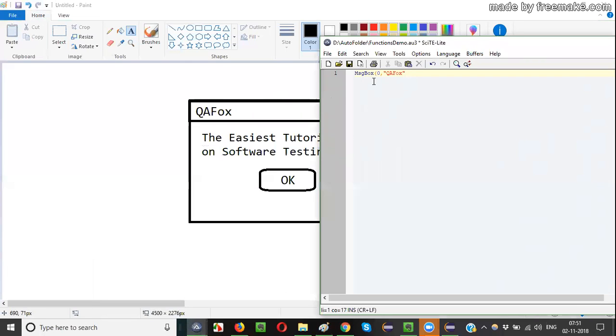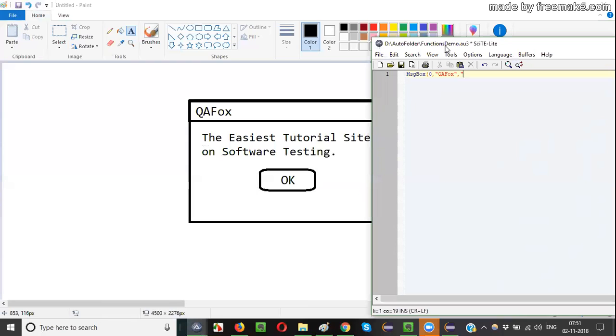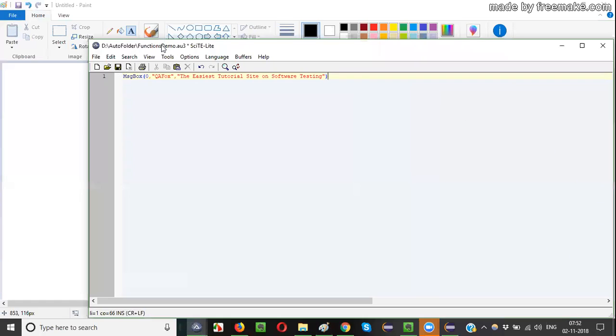So I gave the title as QFox, comma. I need to give the text message that I want to display on the dialog. So for that, I will say double quote, the easiest tutorial site on software testing. Done. I wrote the script, right? That's it, guys.